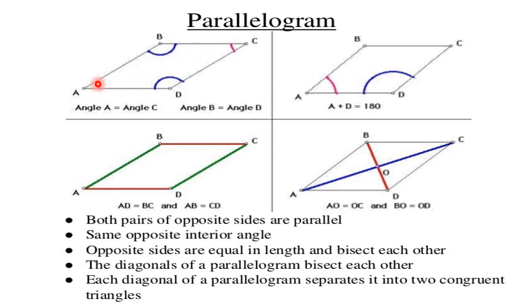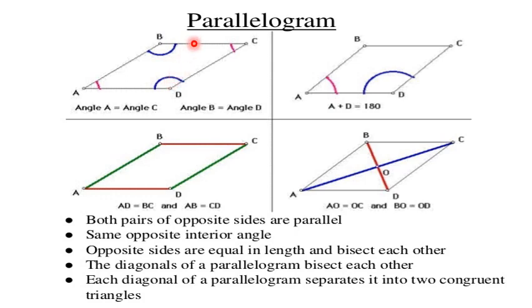That means if you consider angle A, then which is the angle that is opposite to angle A? Angle C. So these 2 angles are equal. Suppose I consider angle B, which is the opposite angle? Angle D is the opposite angle. So these 2 angles are equal. So this is also one of the properties of parallelogram. Opposite angles are equal.